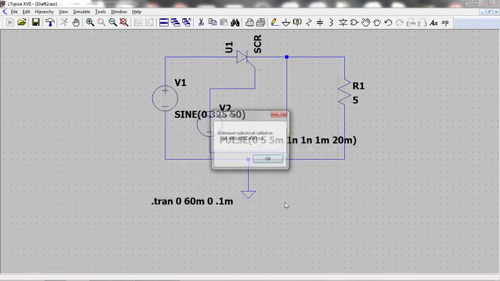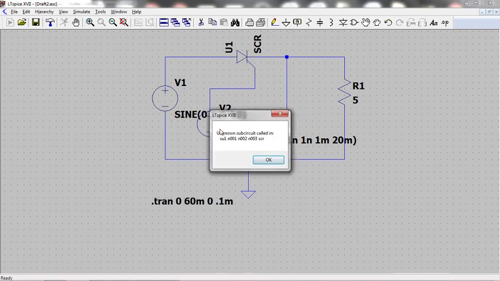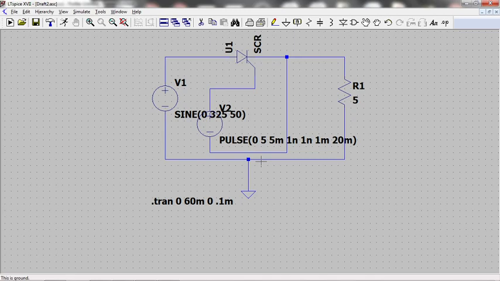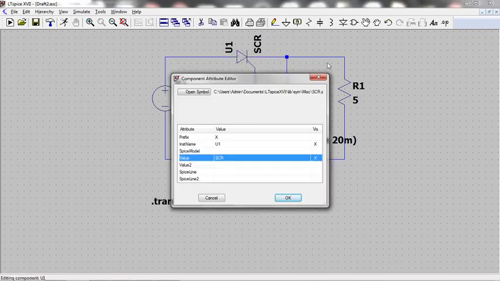That's enough. Okay. So if I simulate, it gives you an error like this. See, if I simulate right now, it's giving an unknown subcircuit called XU and something SCR. What is the meaning? It means for this SCR only the symbol is included here. The model is not included. So right click on that. Right click on the SCR. Now I should